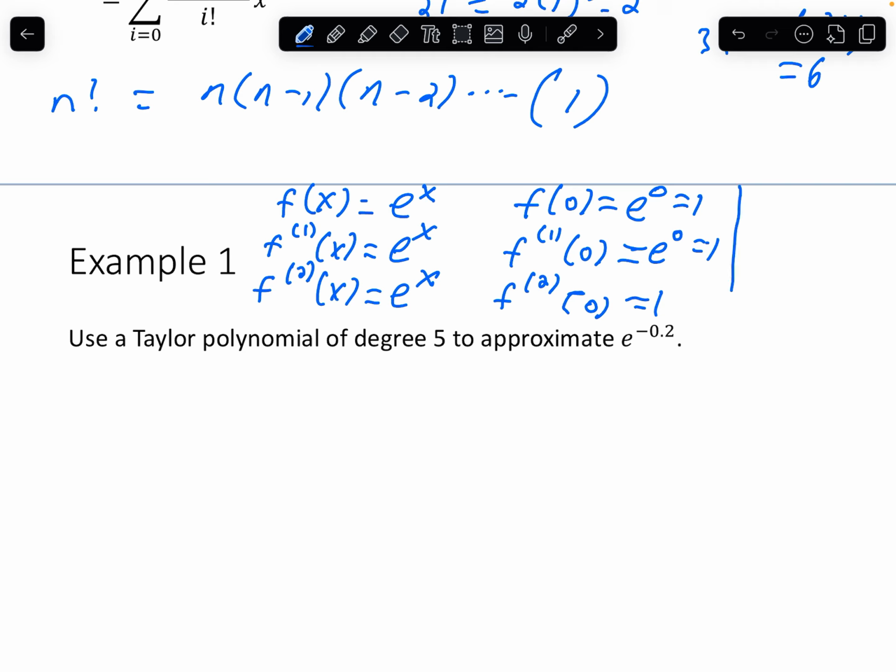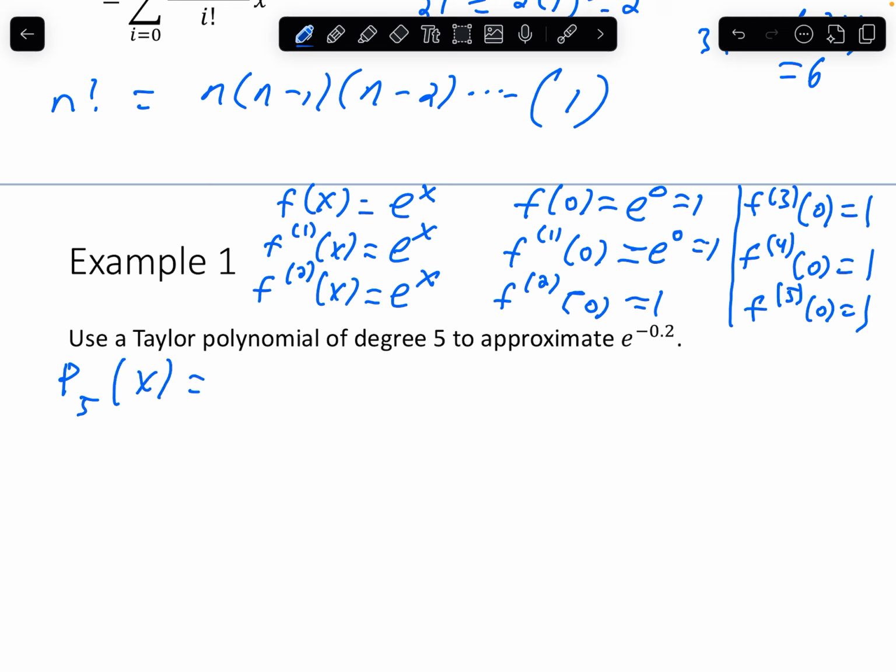I'll just put these ones in since they all make the same value anyway. The third derivative of f at 0 is 1. The fourth derivative of f at 0, 1. And the fifth. Since the derivative of e to the x is just e to the x each and every single time,